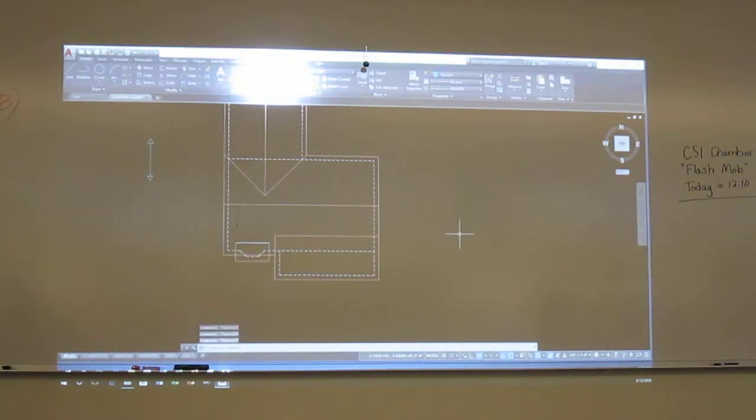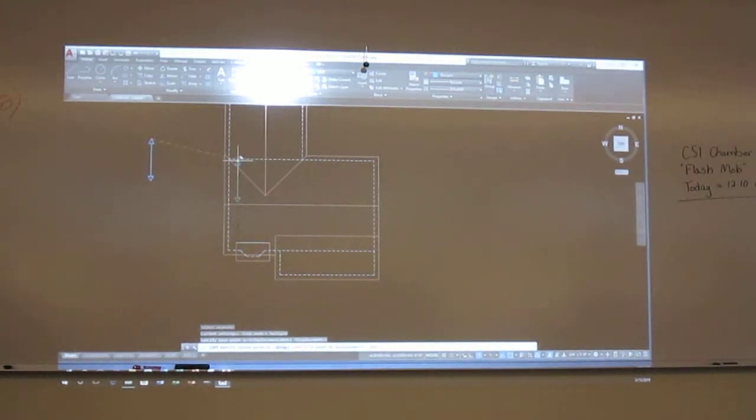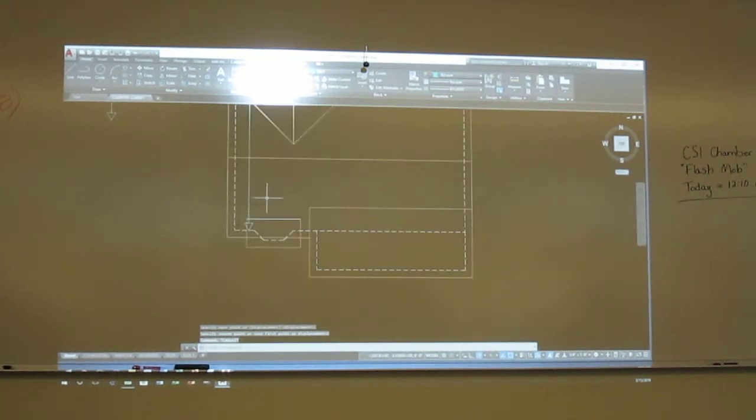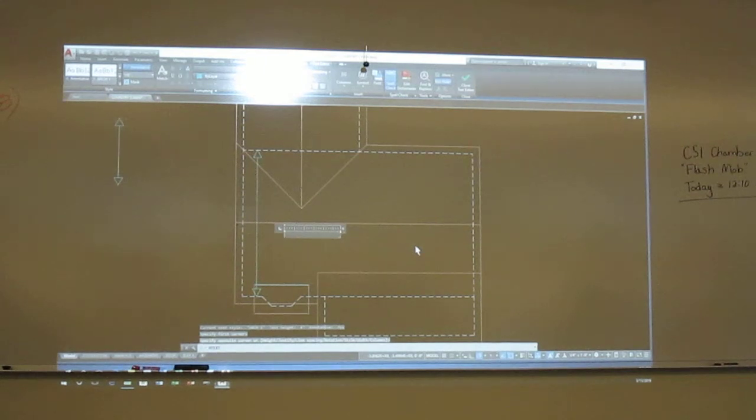So let's go ahead and move that in. I'll do a copy on this guy, bring it into one of my bearings. Again, just use your mirror snap to get it in. And then stretch it to the other bearing. And then lay some text on it. And this is going to be a